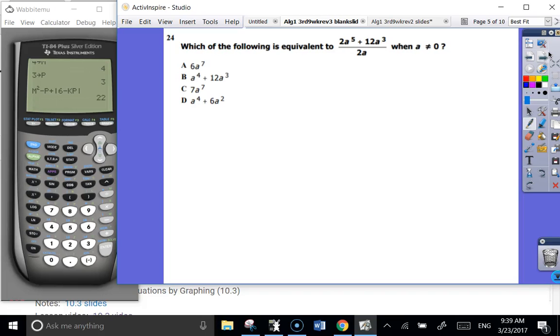You could. You'd have to like split it into 2 fractions. If you want to do the math of this, right? You're going to go like this. You're going to say 2a to the 5th over 2a plus 12a to the 3rd over 2a, and then simplify each fraction. And yes, that's a way to go. But again, we need to learn this store of value process because it'll actually help you with so many different